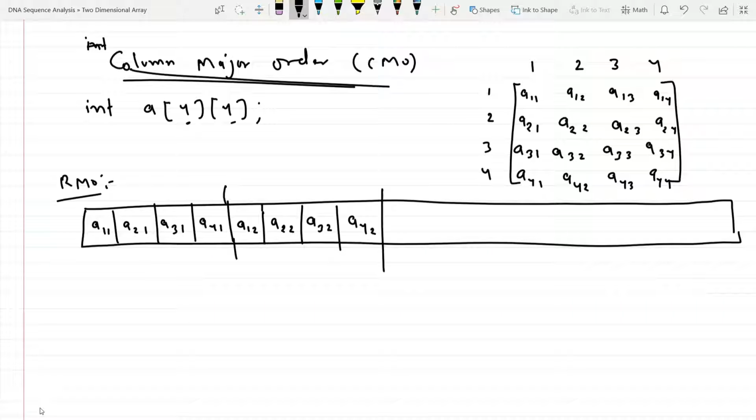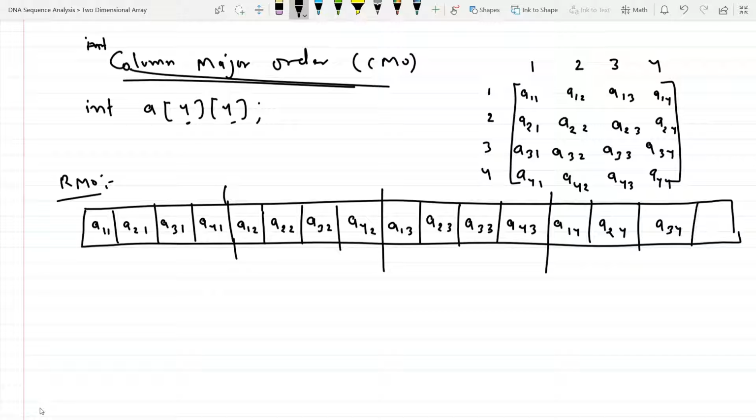The third column is A13, A23, A33 and A43. And the last column is A14, A24, A34 and A44.